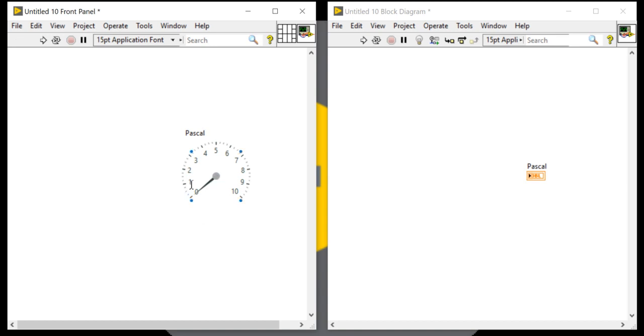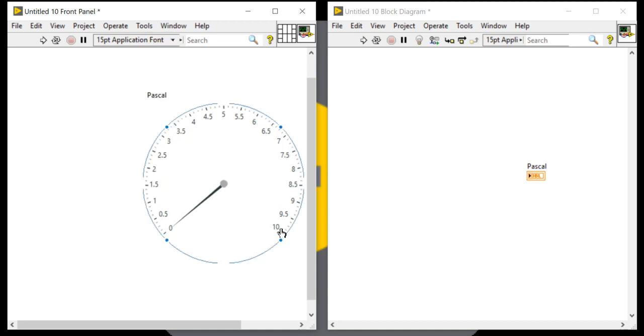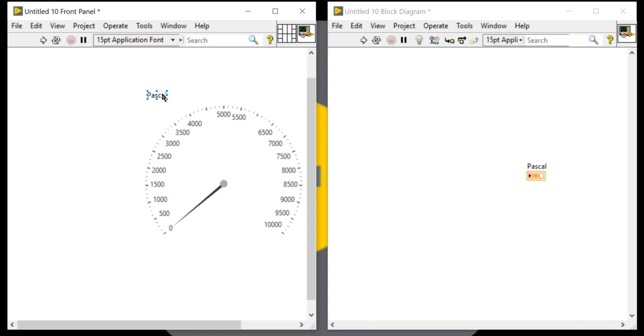Pascal. And here I can write, okay, and the unit value I can give as kilopascal. The unit value will be kilopascal.